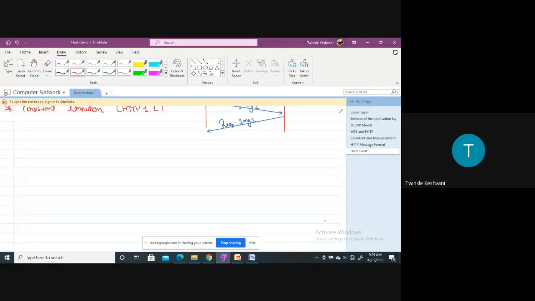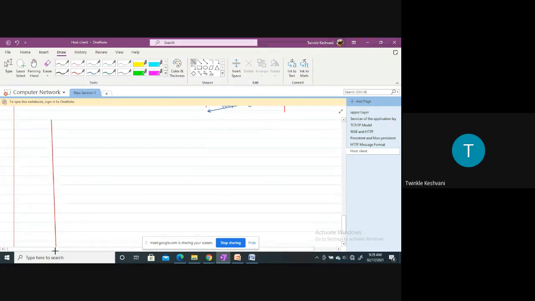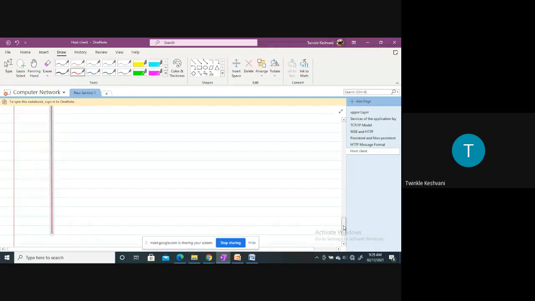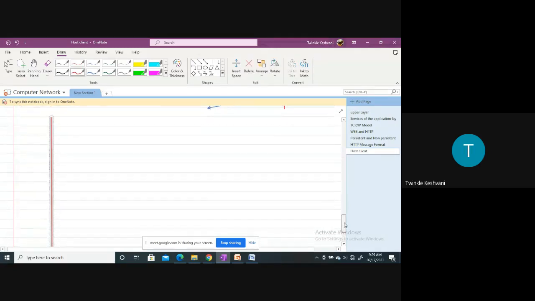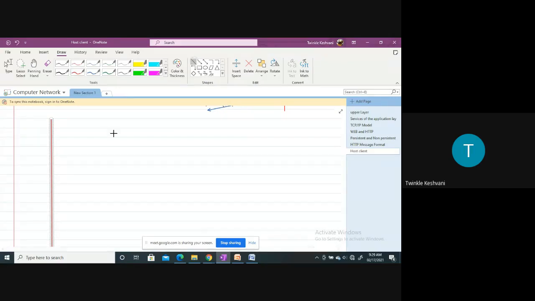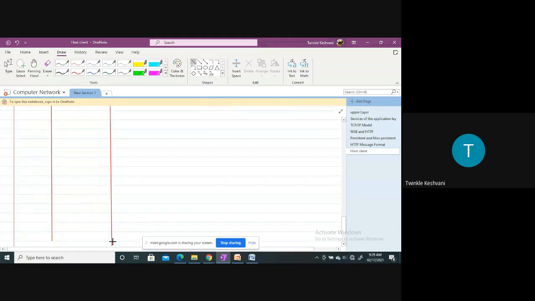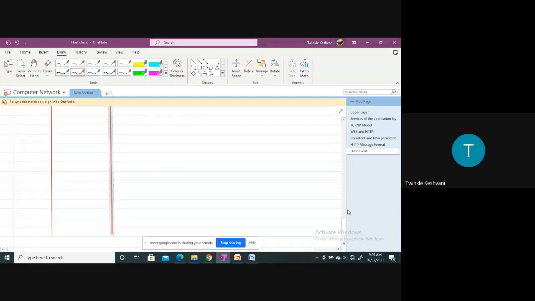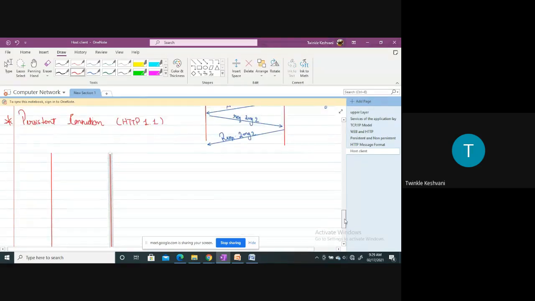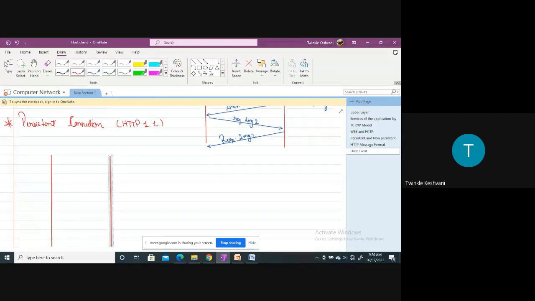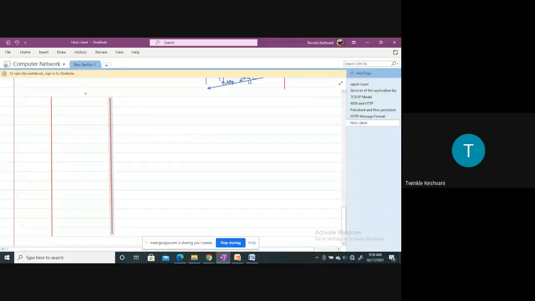Let's say that this is the client, and this is the server. Right? So what happens in this case?